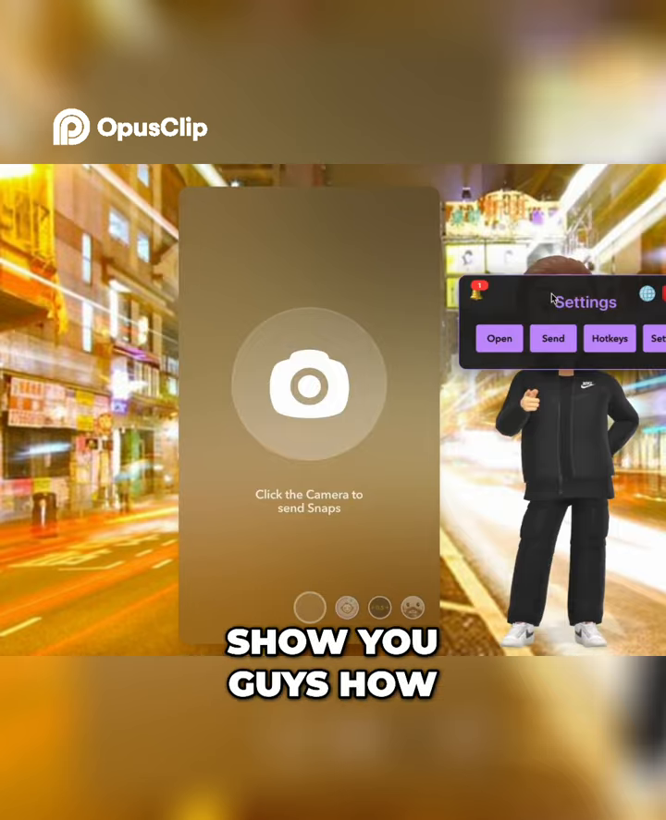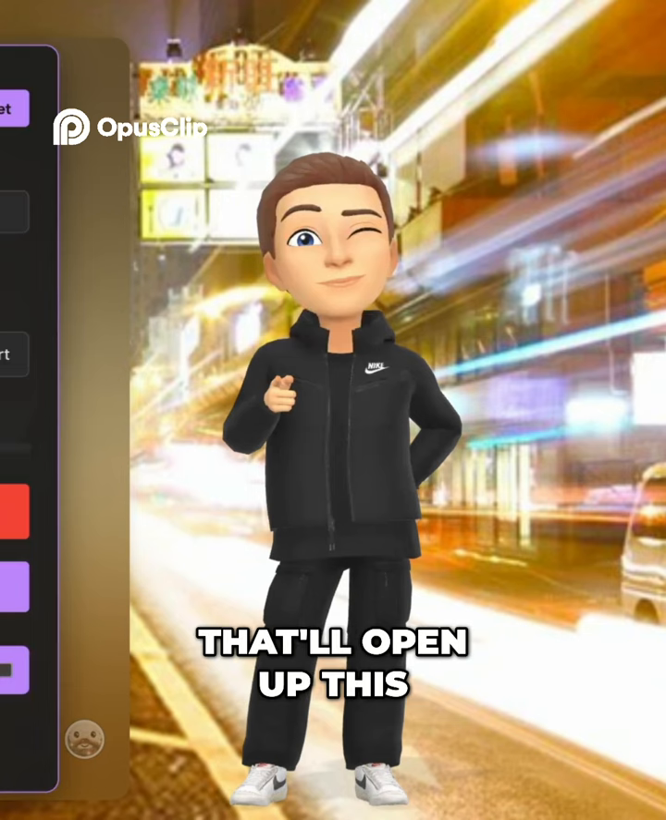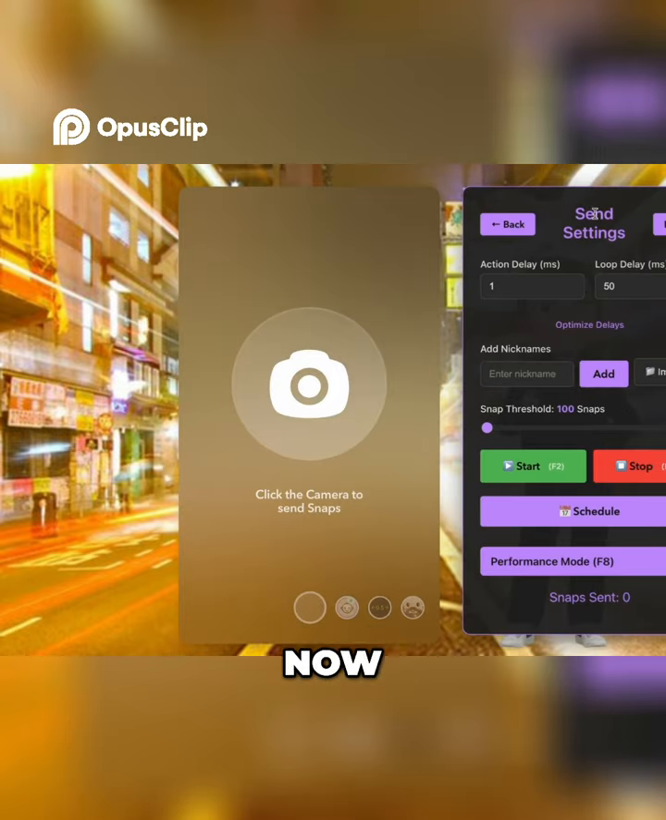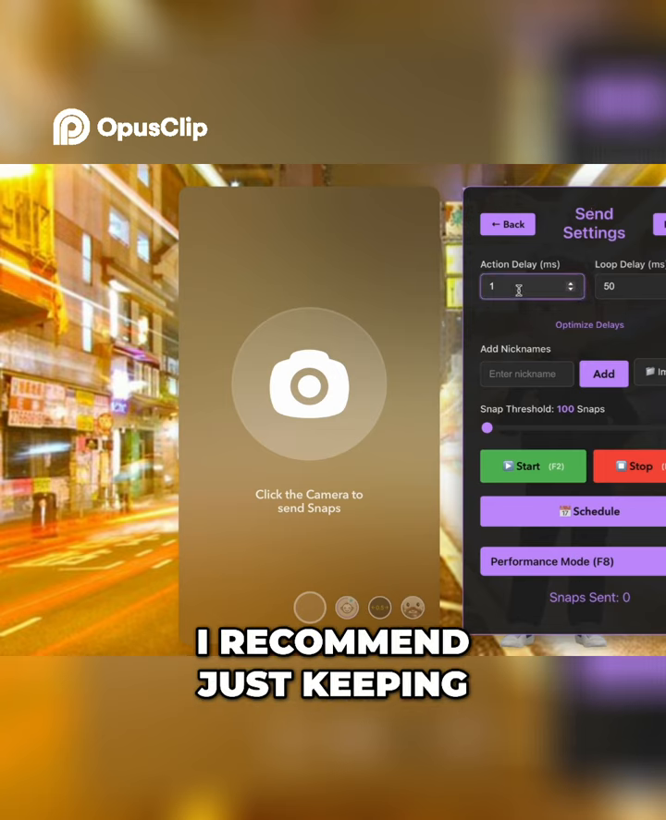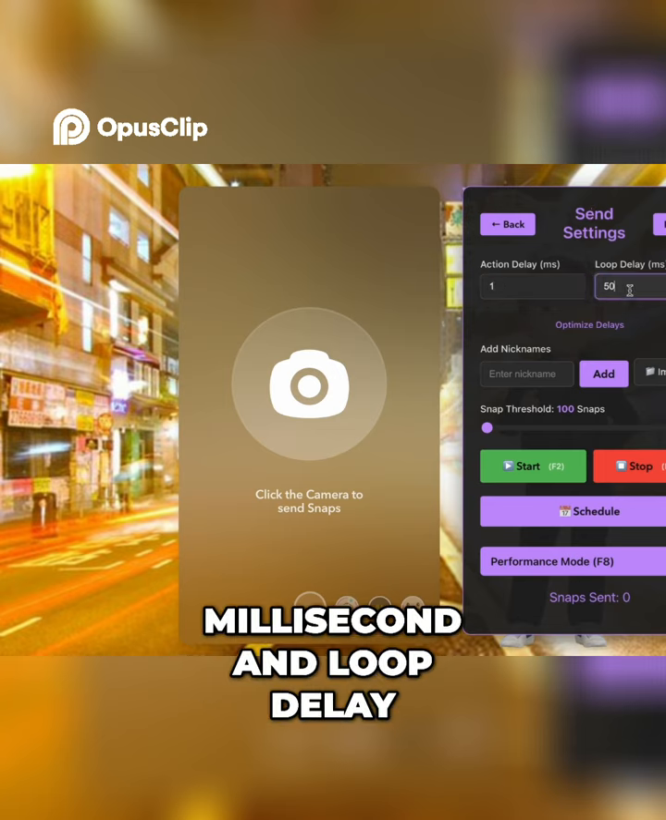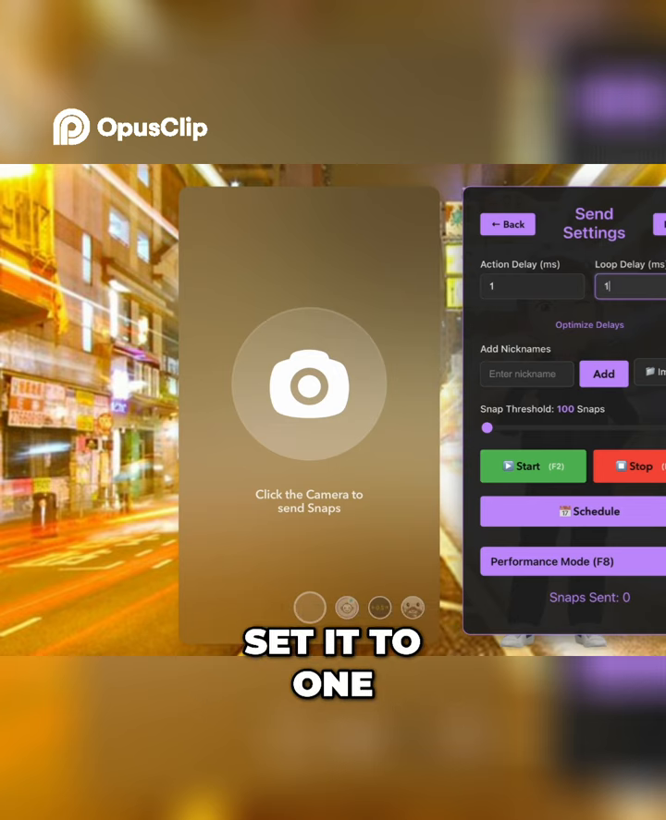Now I'm going to show you guys how to send. So what you want to do is click on this send button here. That'll open up this option here. Now coming right in, you have a few options here. You have action delay and loop delay. Typically, I recommend just keeping action delay at 1 millisecond, and loop delay, you're going to want to experiment around with. For the sake of this, I'm just going to set it to 1